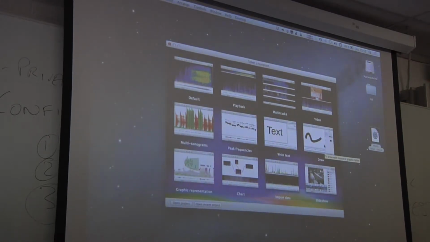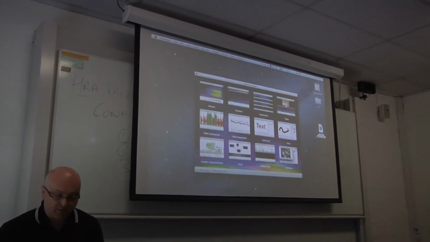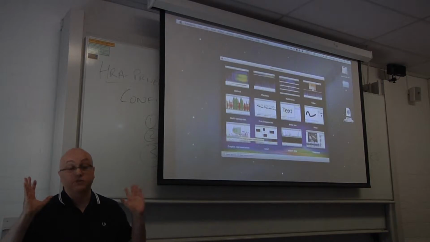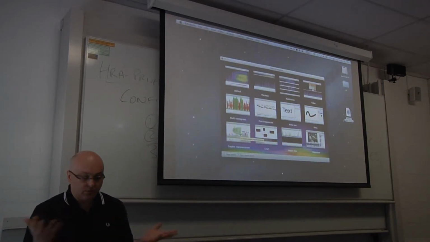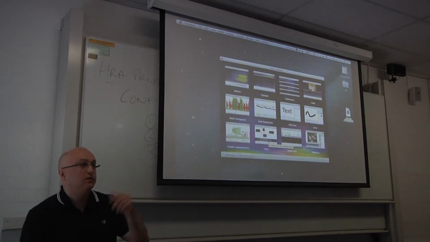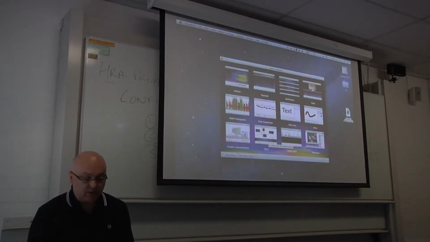Drawing, it's the same thing, but you draw with your mouse or with a graphic tablet or interactive whiteboard, for example, if you want to work with children when you work listening. Graphic representation is a very common template to create graphic representation. Chart, it's a little like the software by Michael and Frederic to create